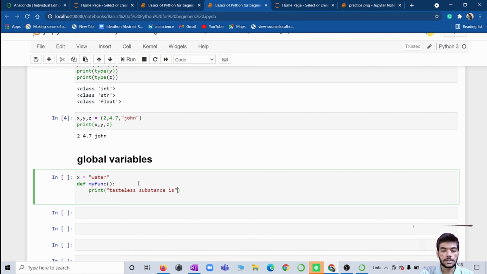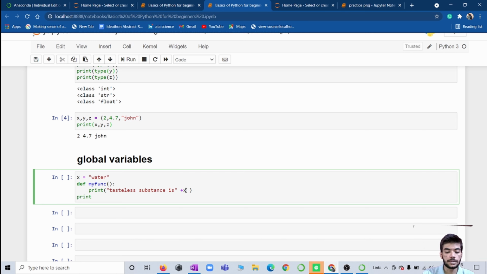Tasteless substance is, plus we have assigned water as the x variable, so we will write x. Now we will print my function.